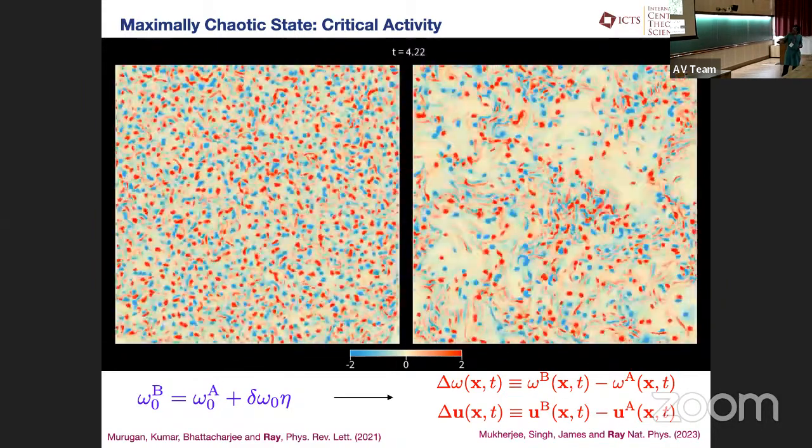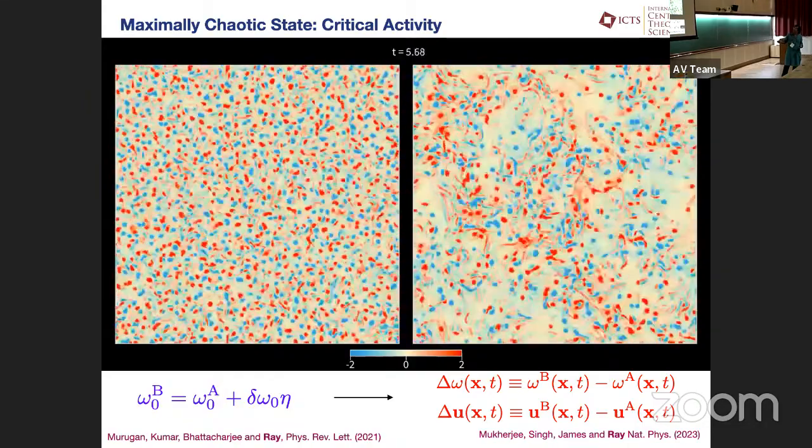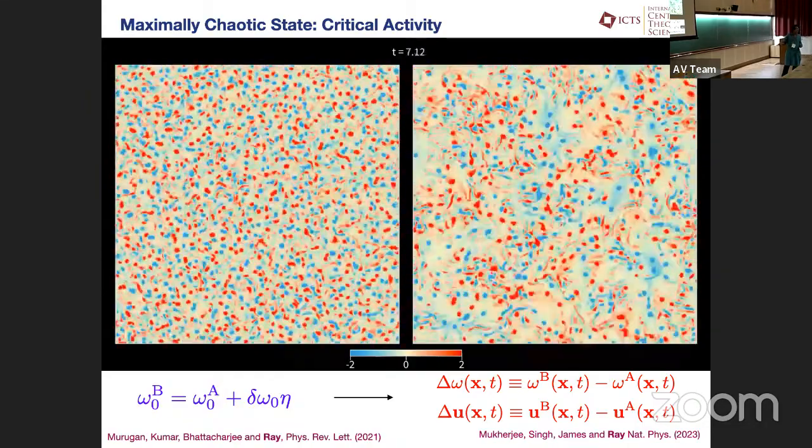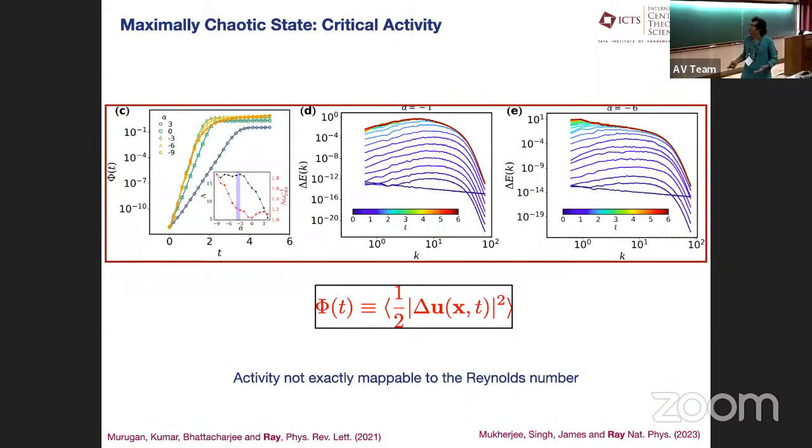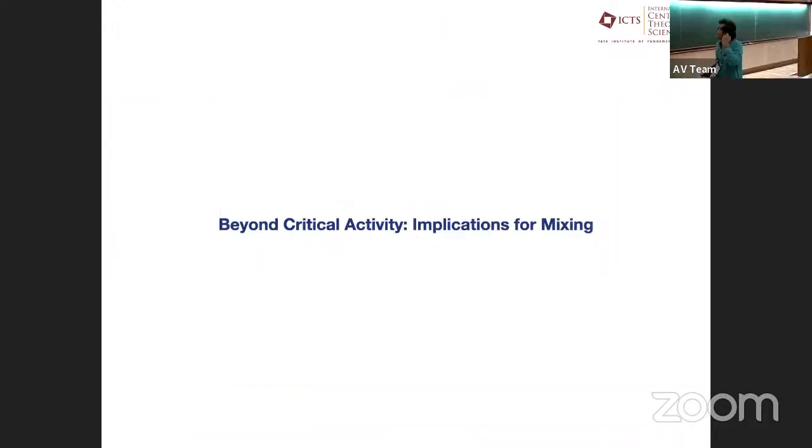And you can immediately guess which is the more active system, or which turns chaotic much more quickly, because then it starts to resemble the original flow. So we are able to actually calculate this. It's what's known as a decorrelator, and we essentially find that there is a positive Lyapunov exponent, and that positive Lyapunov exponent actually saturates at alpha c and does not grow unbounded. This is quite different from high Reynolds numbers, where the Lyapunov grows in an unbounded manner.